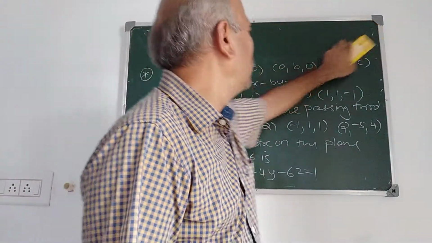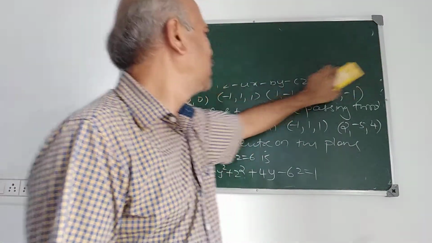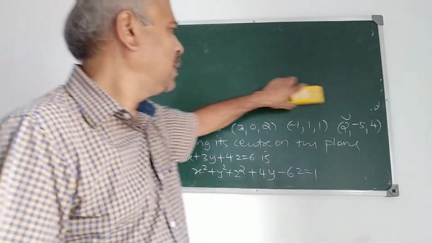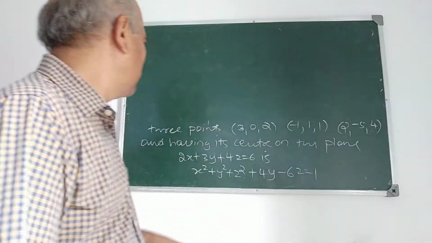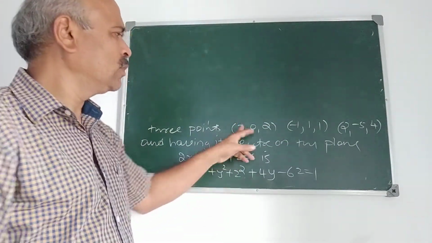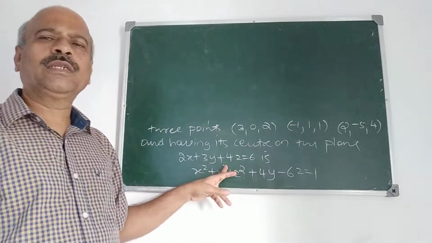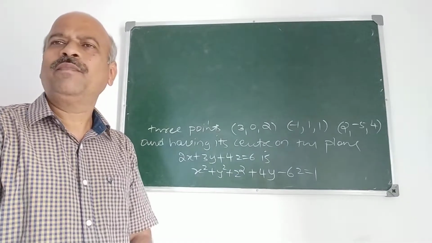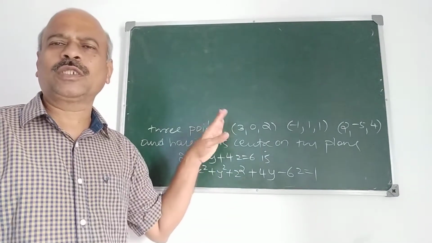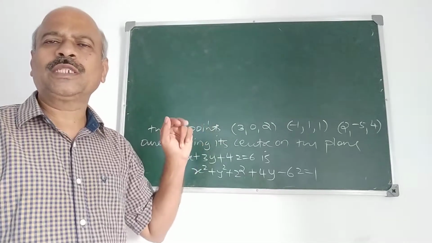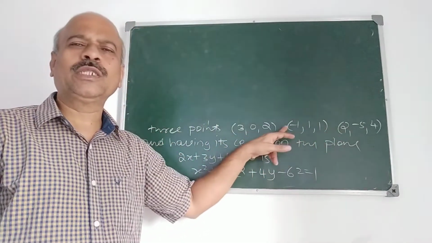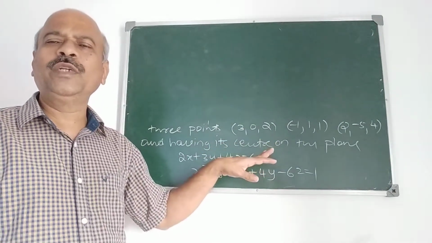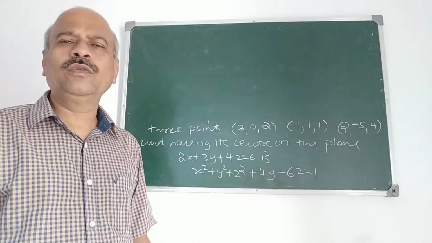Now I explain how to solve this problem. See, in all the previous problems we were given sphere passing through 4 points. But in this problem, passing through 3 points, but one more condition is given. Center lies on this plane. So to find the equation of the sphere, 4 things are required because there are 4 constants u, v, w, d. Here passing through 3 points gives 3 equations. Center lying on this plane gives one more equation in u, v, w. So we can find out u, v, w and d.